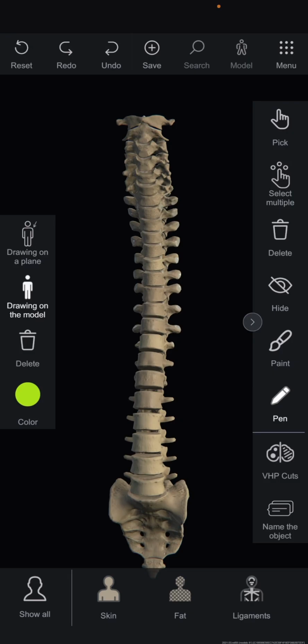Now I will show how many cervical vertebrae, thoracic vertebrae, lumbar vertebrae, and sacrum and coccyx we have. First, from C1 to C7 we have the cervical vertebrae, and each cervical vertebra has a different structure. Then from T1 to T12 we have